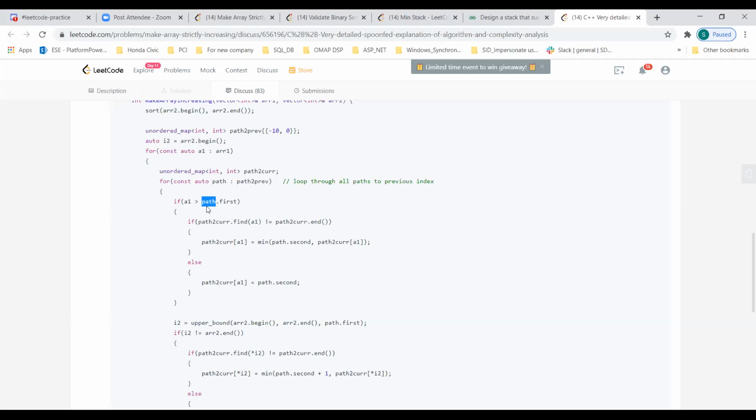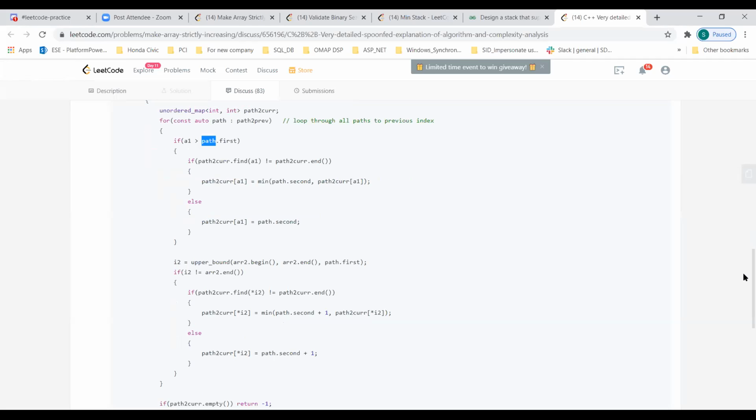A1 will always be greater because it's going to be a positive value, and then you look for that in path to current. Here you are not going to find anything, so you push that value. Then you find the upper bound for that particular value. It's the same thing, only in the form of a DP, a bottom up approach, sort of.